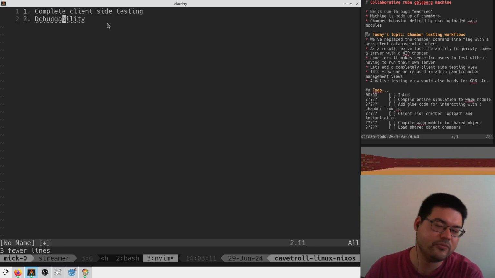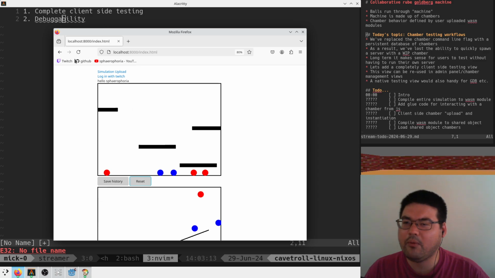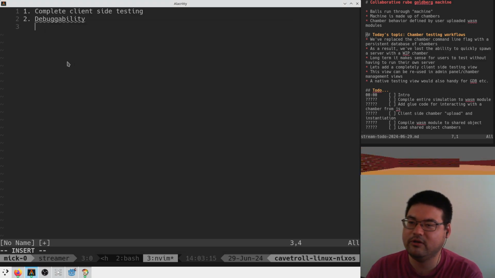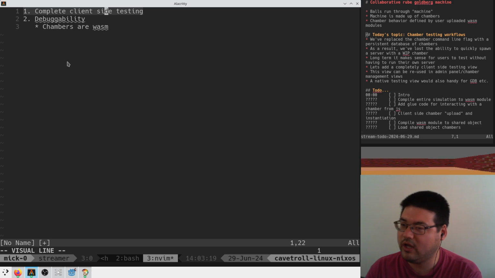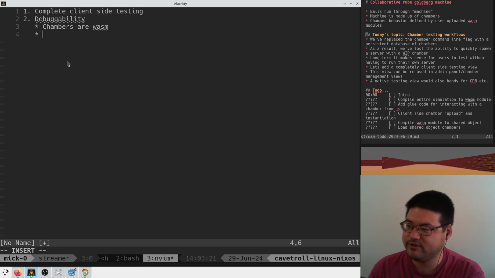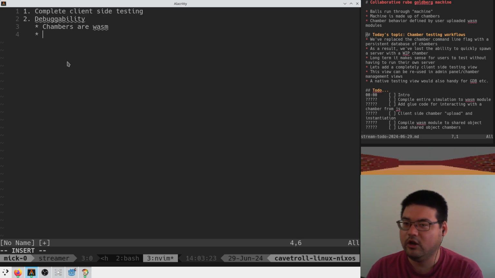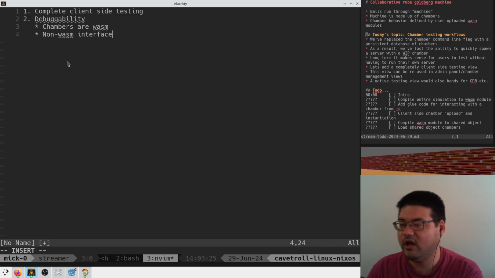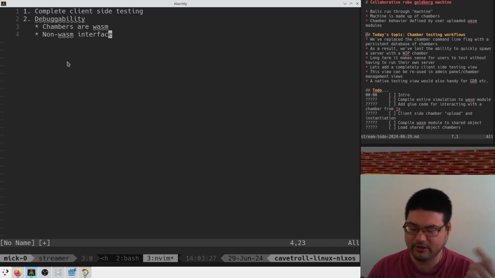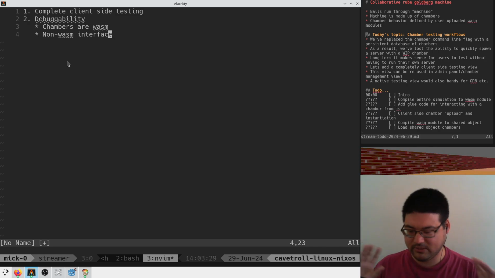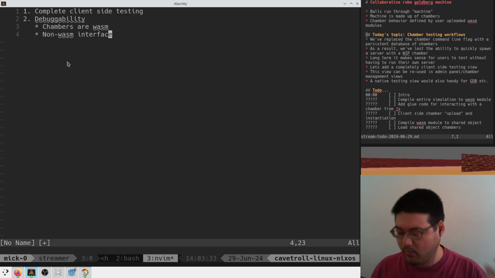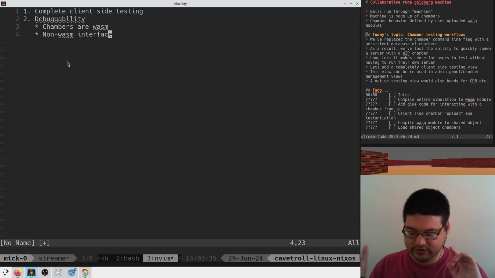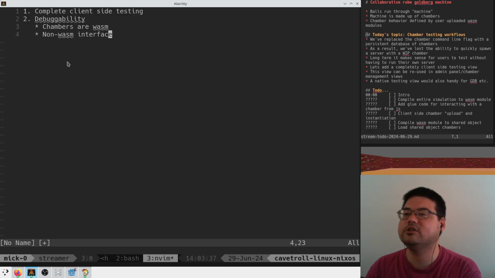It kind of sucks. So I want to basically have the ability for chambers or WASM right now, right? When we do client-side testing, we're also going to have to implement some sort of non-WASM interface, so that we can call into the browser and ask it to interact with the chambers, right? Because if our simulation is running on the server, we can't load a WASM module from a WASM module. We're going to have to talk to the browser, and so this is going to turn into some sort of